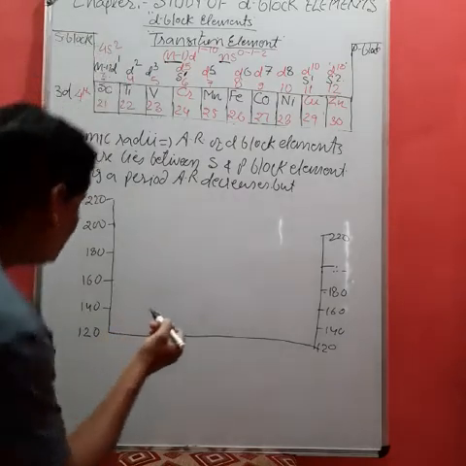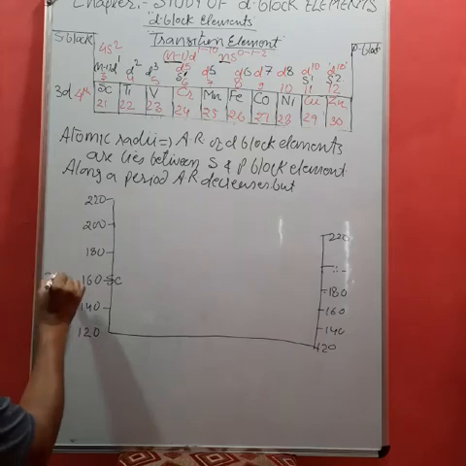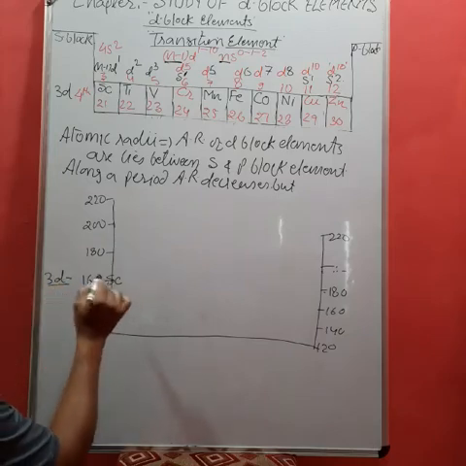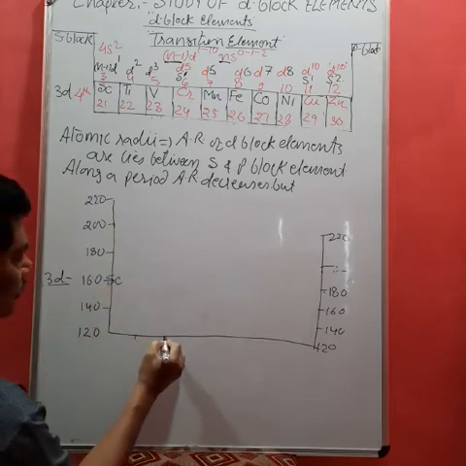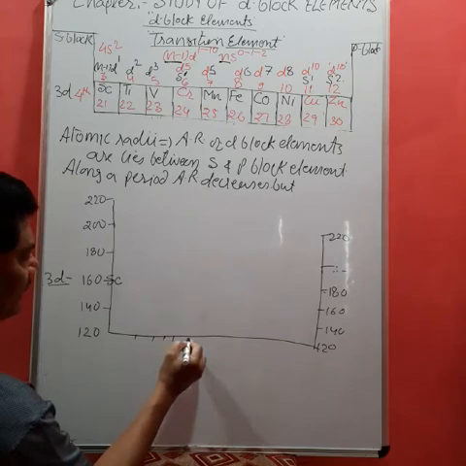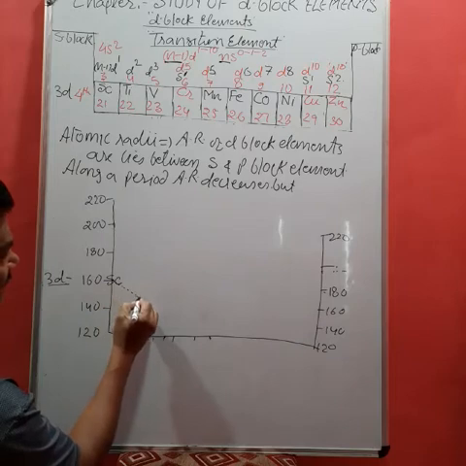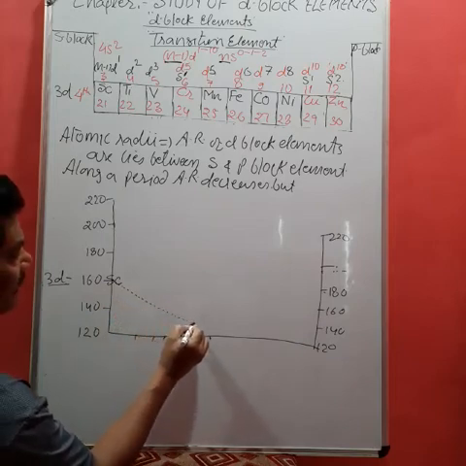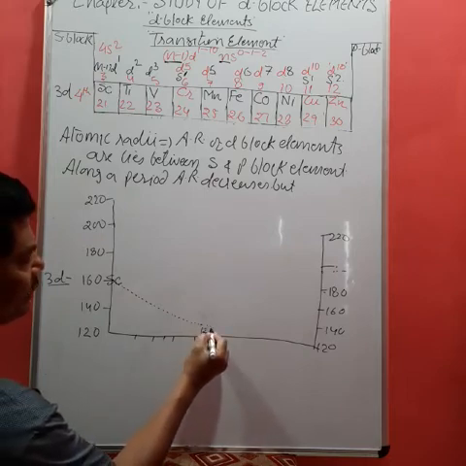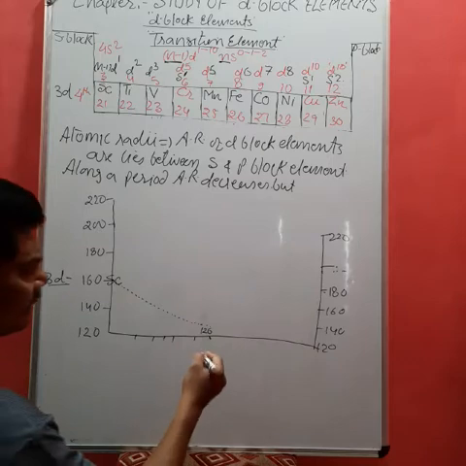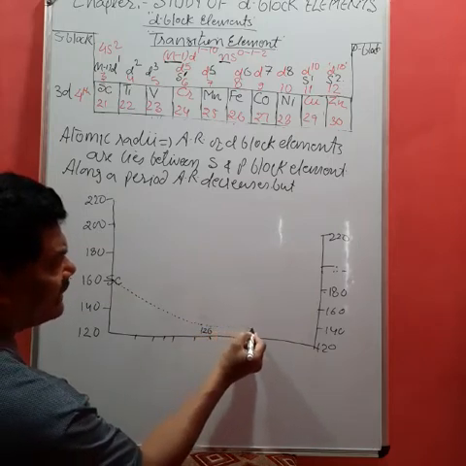Like here, if we discuss the first element, scandium, of the 3D series, then its atomic size is 160, which gradually decreases. So 2, 3, 4 and 5. That is, up to manganese, the atomic size will gradually decrease. This is due to increase in nuclear attraction force, getting it to 126. But after that, the opposite effect takes place. Therefore, now the atomic size starts to increase.